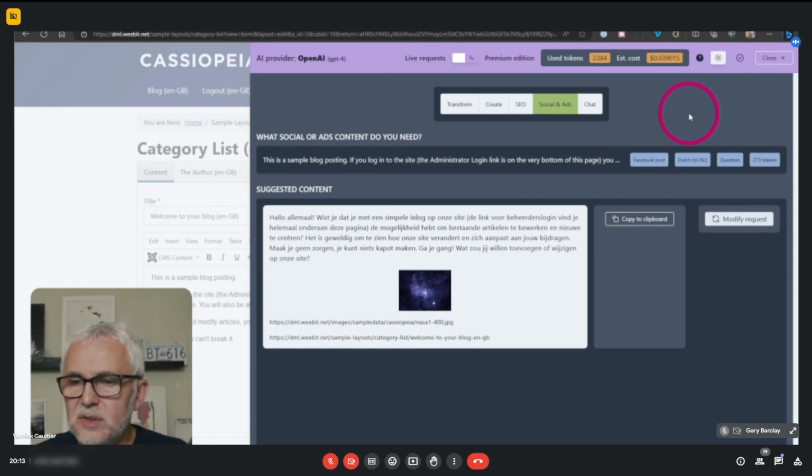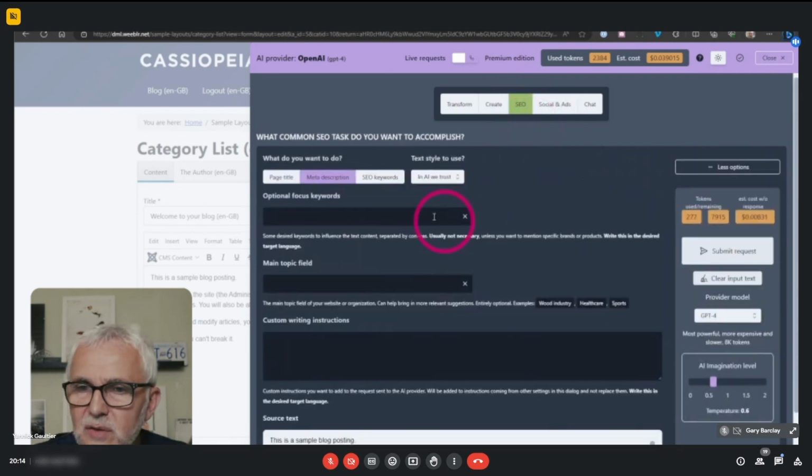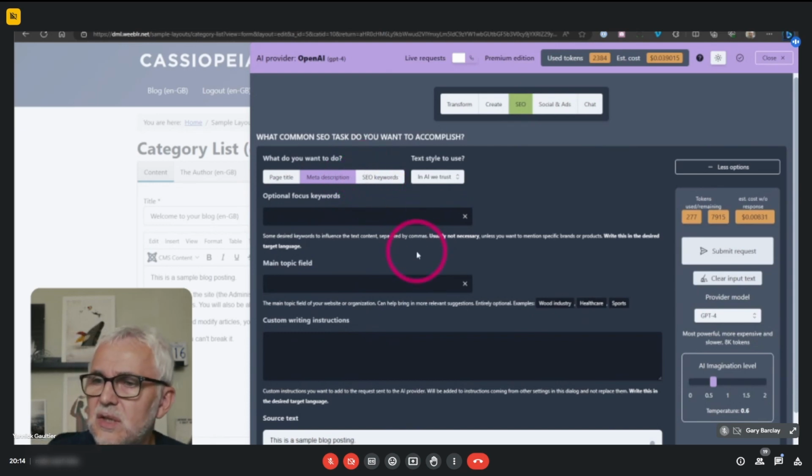This is happening because 4AI is taking your request, the button you clicked, and putting that together into a rather lengthy prompt of instructions for the AI, so that you get something that's properly formatted for use in Facebook or other social media. And the same applies if you want to have ChatGPT extract keywords from a piece of content in a given language, or write a meta description in a given style, you're going to have to work quite a fair bit on the prompt to get to that.